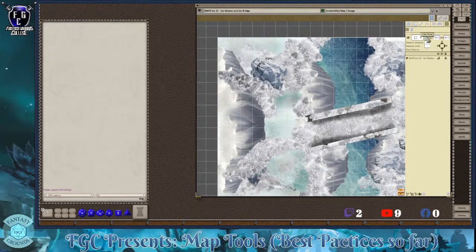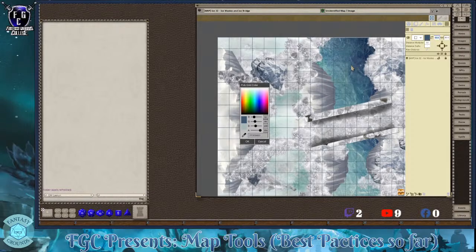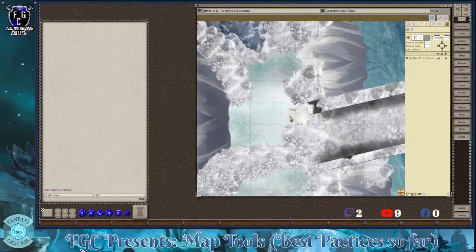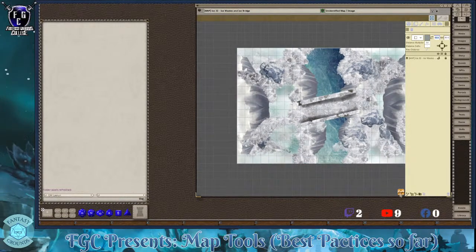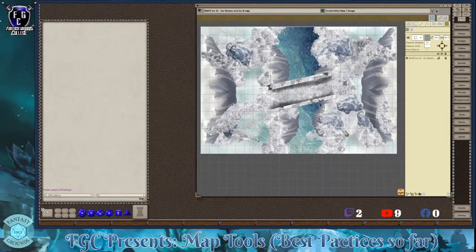So right now, it's kind of this greenish, kind of a blue color. So it's taken from one of these images. So if you wanted to change it, if this is too light, I can go back to the color picker and I'll hover over one of these river tiles. Maybe you want something darker, but then you can also turn down the transparency, hit OK, and that gives you a little bit more visibility, but it's themed for the color of the map. So that's the first step, is to put the